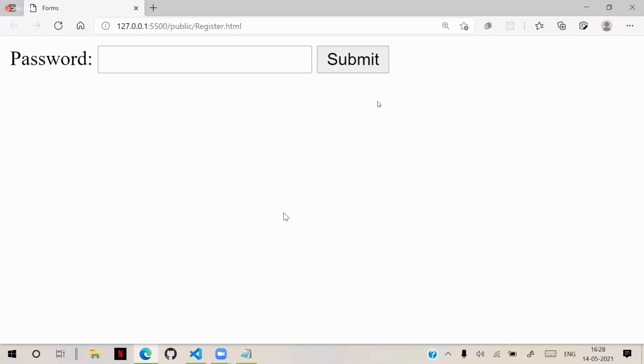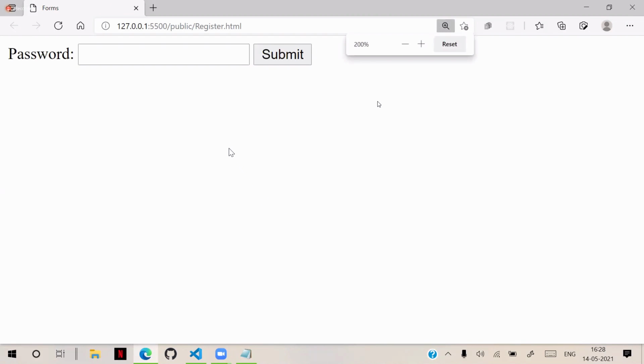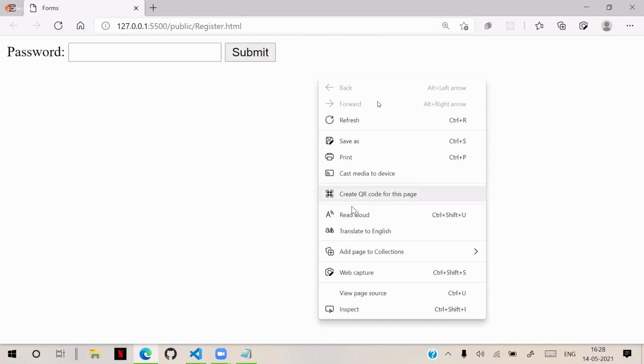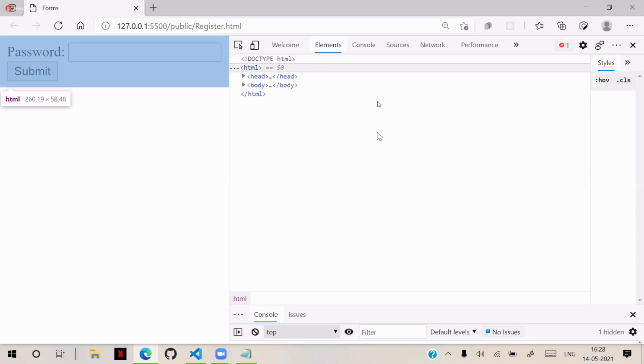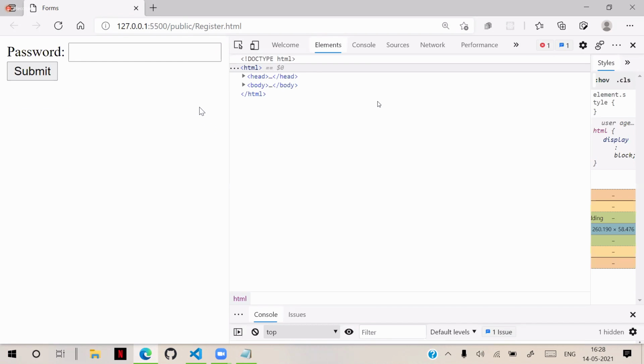So let's check here. Observe carefully. When we are trying to submit the data, I entered some data. You can open inspect, and in the inspect, you can go to the network category.